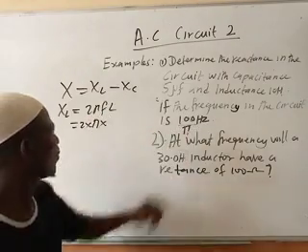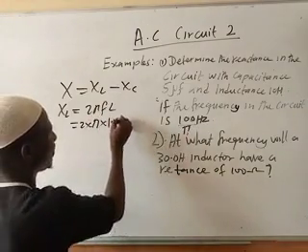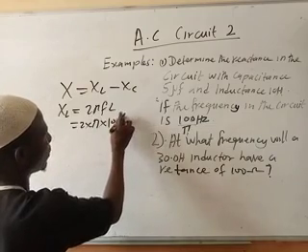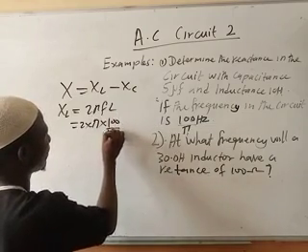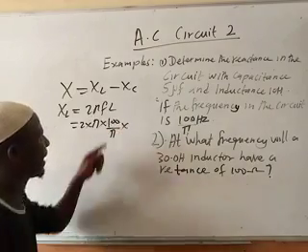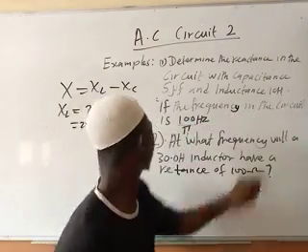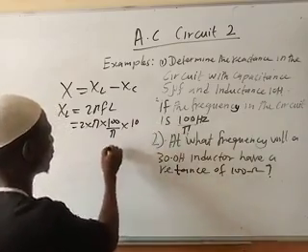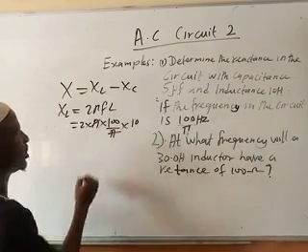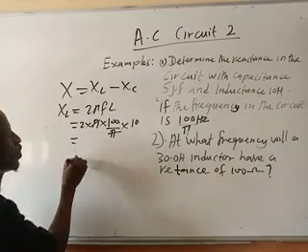F is given, 100 over pi. Then multiply by L. L, that is 10. So this pi cancels this pi. So in this case, we are going to have 2000